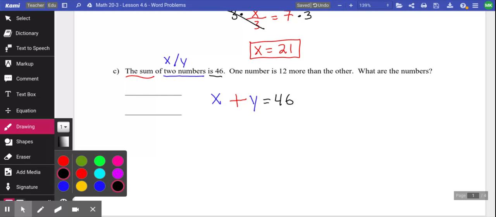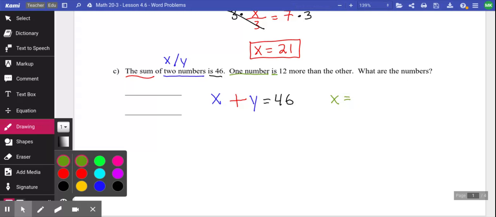So you'll see we actually have one equation there, and that equation has 2 different letters. It has x and y. So we're not going to be able to solve that because there's 2 letters and only one equation. That's why you'll notice there's a second sentence. That second sentence will give us a hint about one of those numbers, and we'll use that hint to solve that first equation. So it says one number, let's go with x,